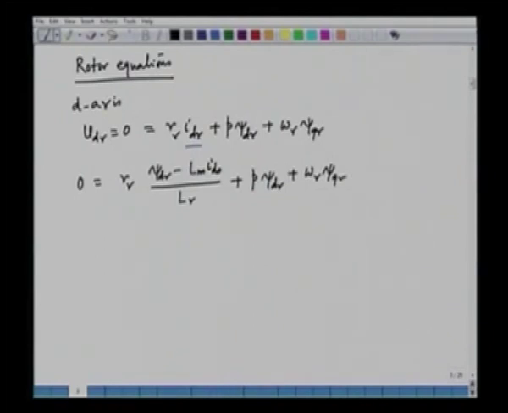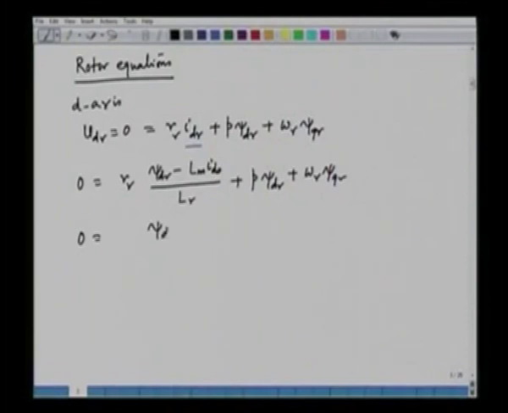This can further be simplified. We know that Lr by Rr is tau r. So, 0 equal to psi dr minus Lm Ids by tau r, where tau r is the rotor time constant, that is divided here, plus P psi dr plus omega r psi qr,